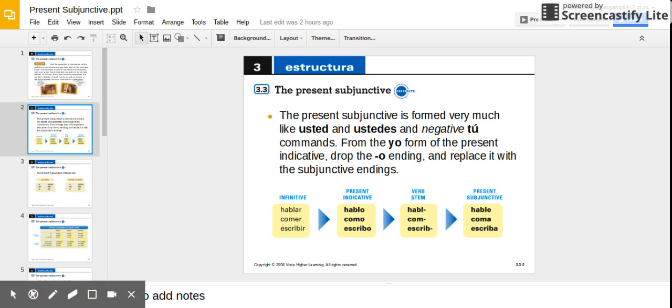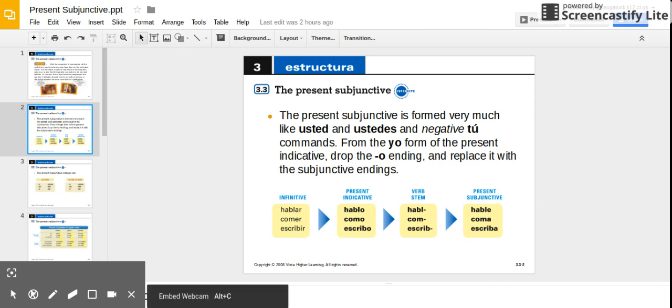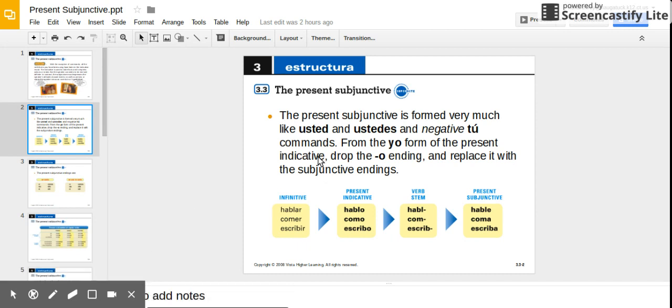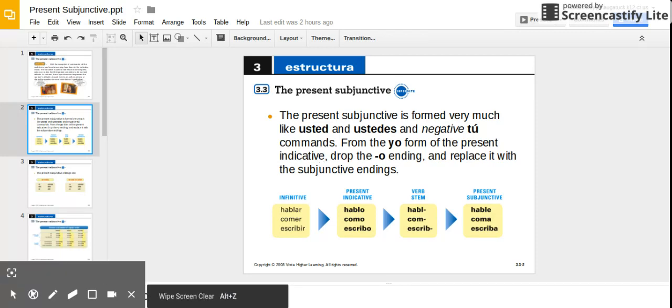Okay, today we're going to talk about the present subjunctive, but all we're focused on is forming it. Don't worry about what it means or what it is used for. All you got to know is how we are going to form this verb. Okay? So, first thing we're going to do is